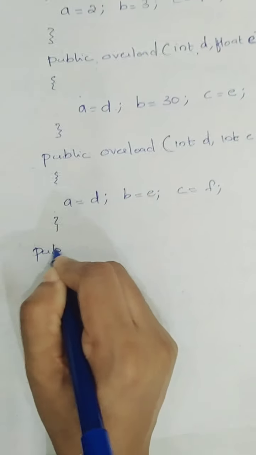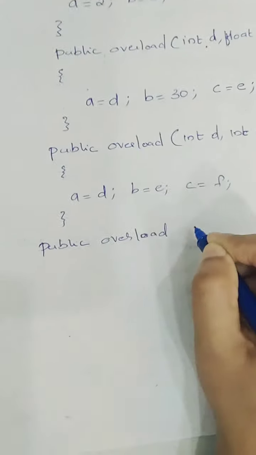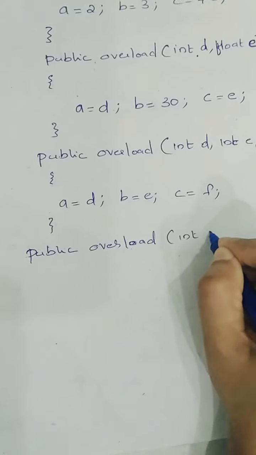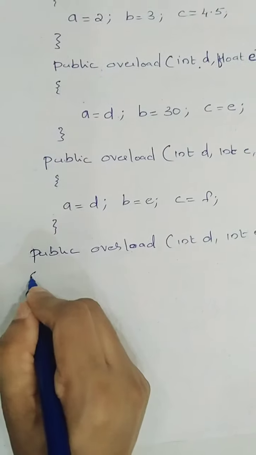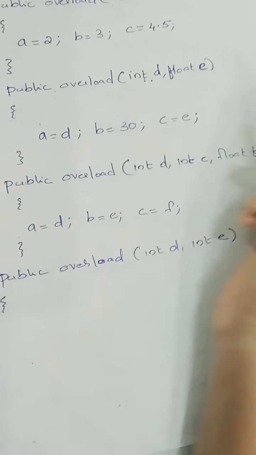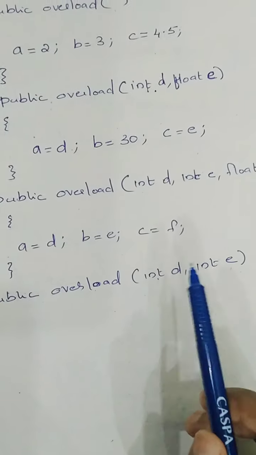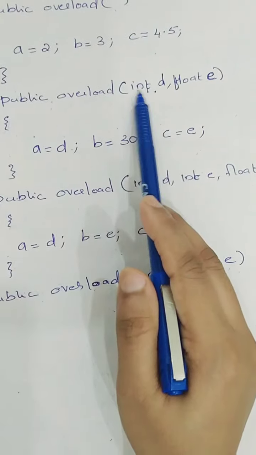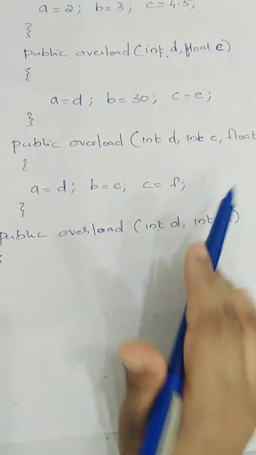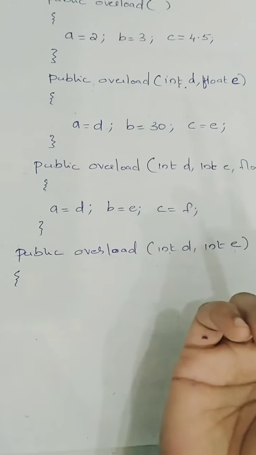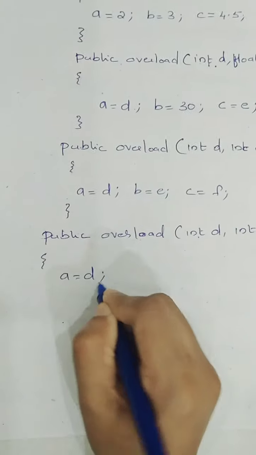Again I am writing one more constructor. You can write any number of constructors, it's up to you. But the number of parameters and the types should be different. Okay. See, here also 2 parameters, here also 2 parameters. How will the compiler differentiate? There is one difference. See, here one is integer and another is float. Here both are int. So by this you can identify the constructor which is having 2 integers and the constructor which is having 1 integer and a float. So in that manner it will differentiate.